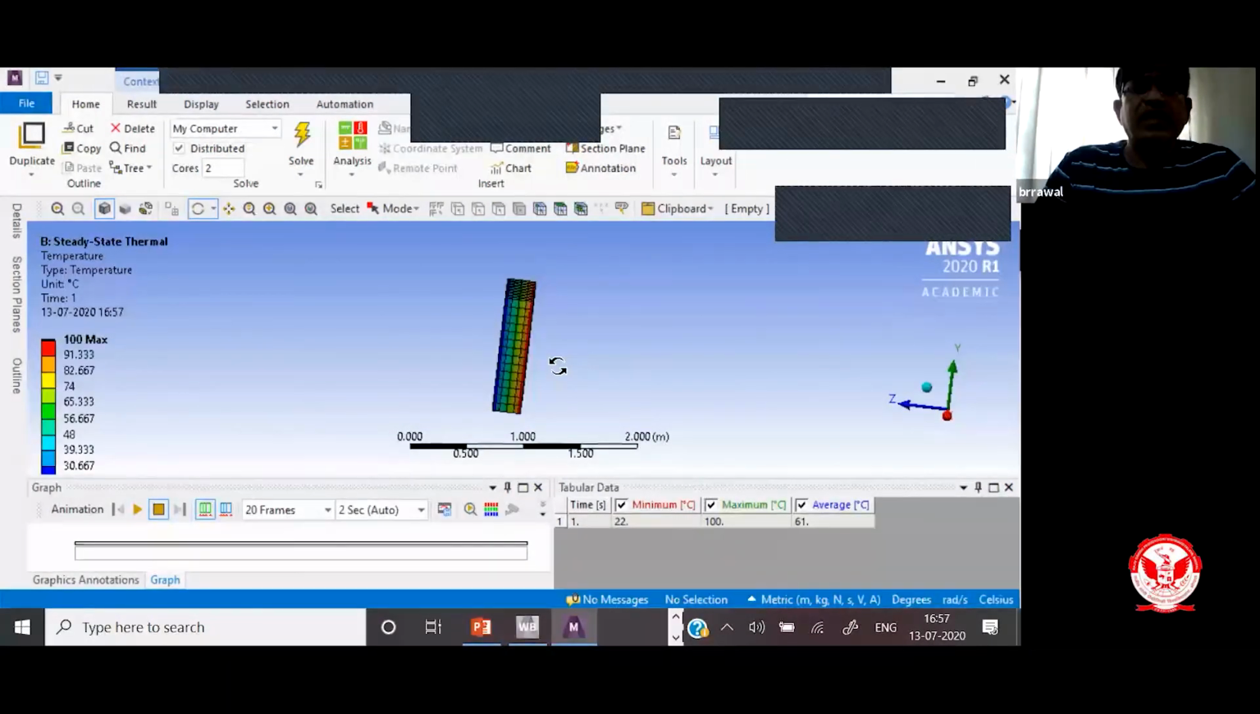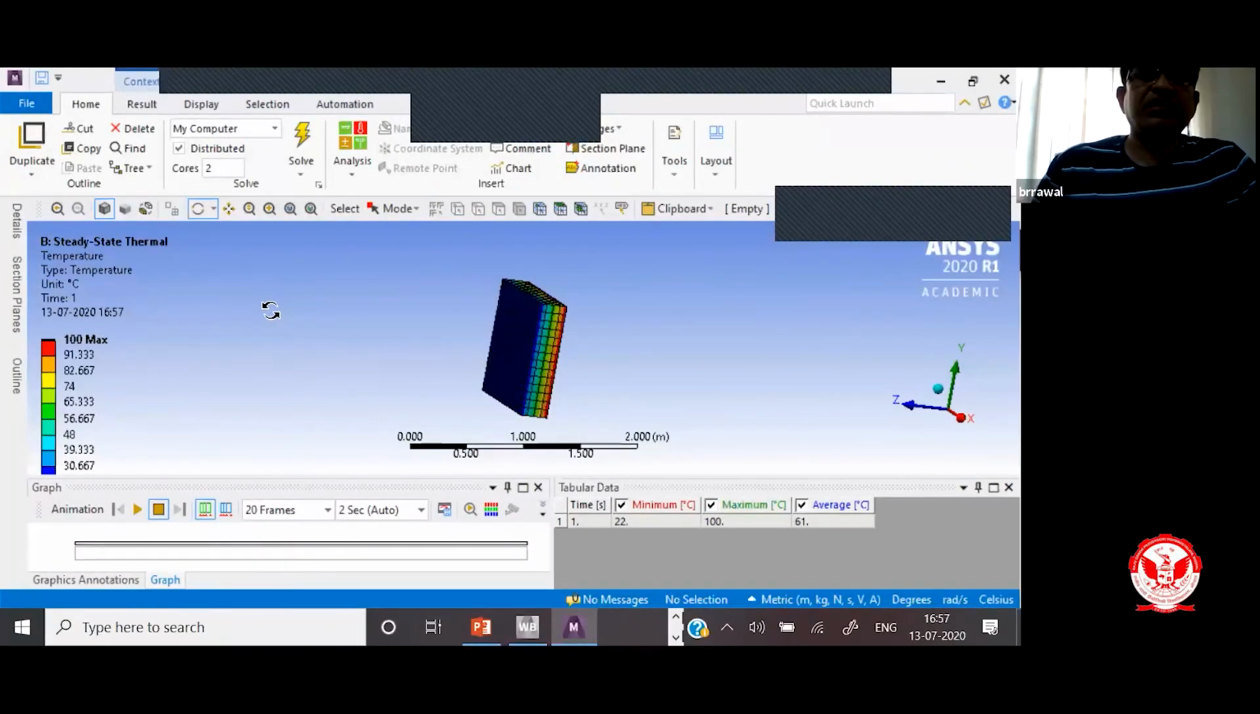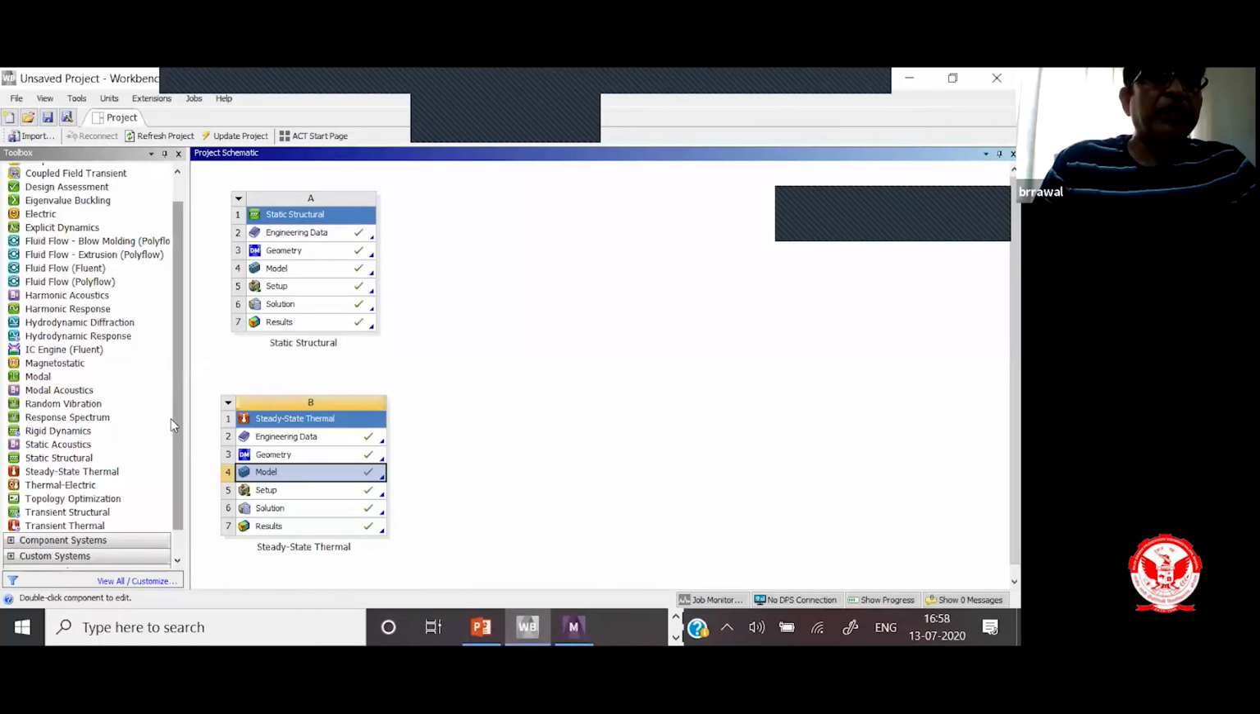This is 100 and this is... so you can do various types of analysis on this. I have conducted a simple analysis. Now if you want to import, suppose